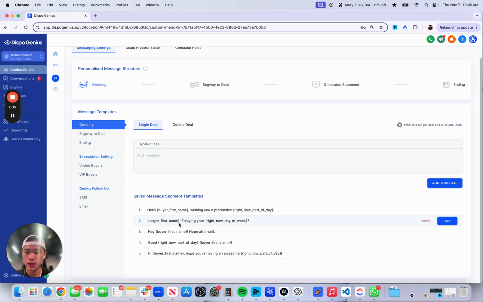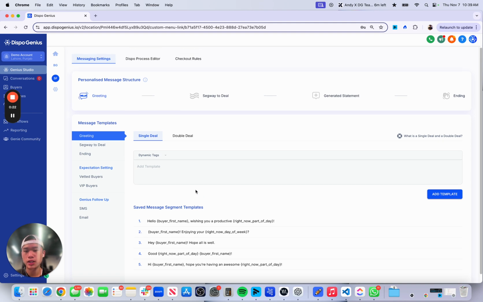We already preloaded a couple messages for you already. You can add more single deal templates, but essentially a single deal is the first deal, a deal sent to a buyer, and we categorize that as a single deal. A double deal is categorized as another deal that is sent to a buyer, but it's sent within a short time period. So this is to personalize those experiences when maybe, let's say, a buyer was sent another deal in